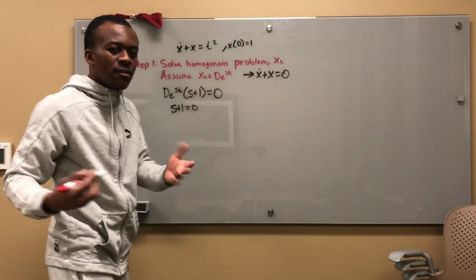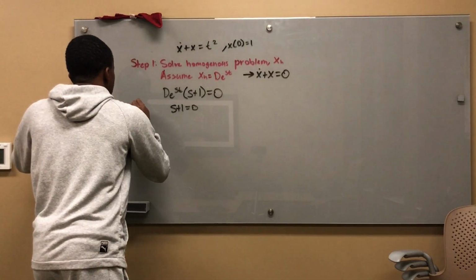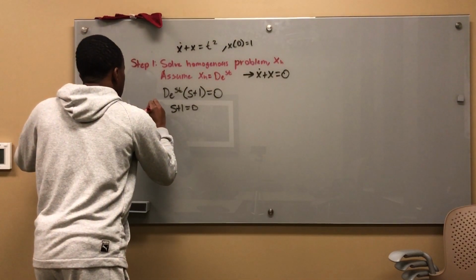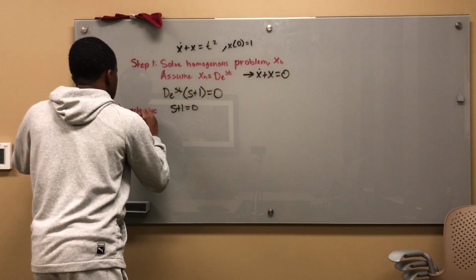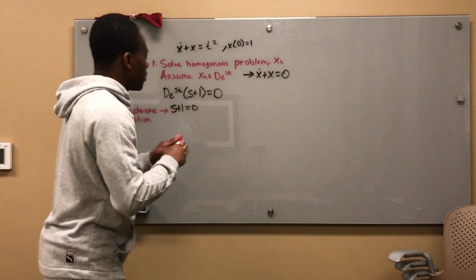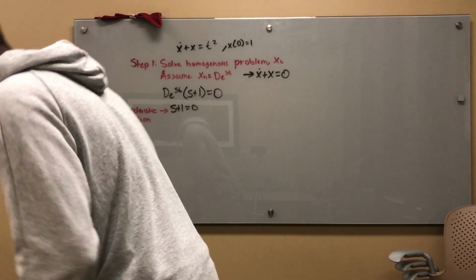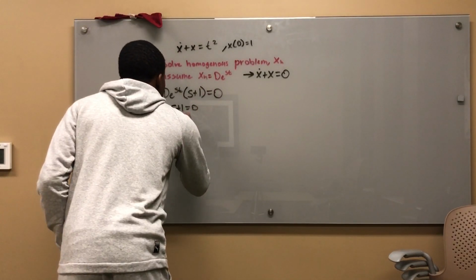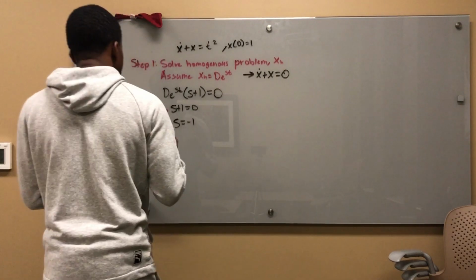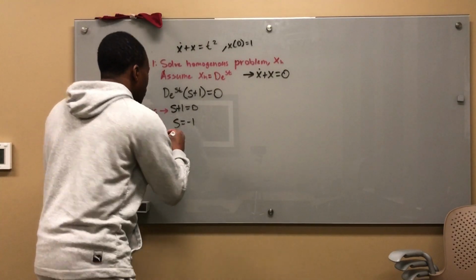You can just see it, but I want to do it step by step, because this is the first video. Characteristic equation. Now you solve: obviously s is equal to -1, and that's our solution. So now x_h becomes